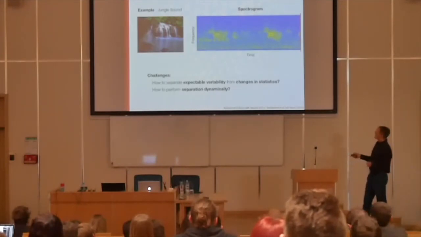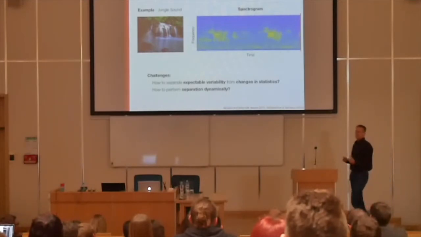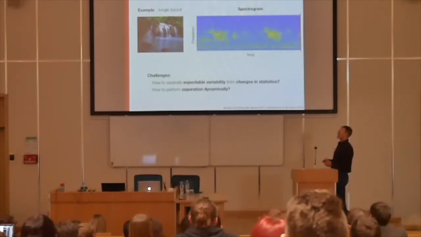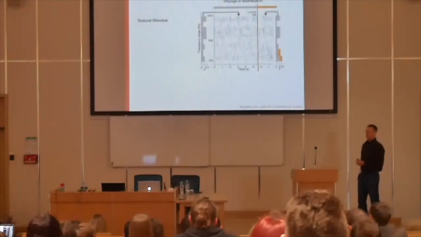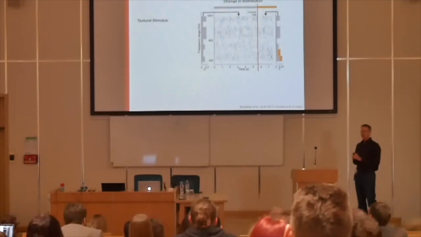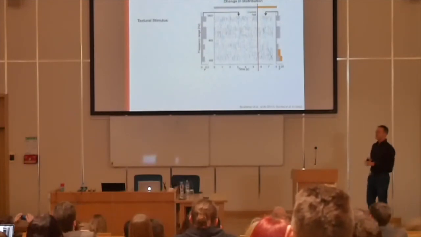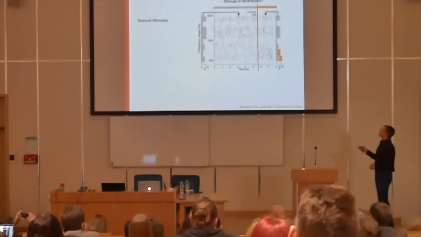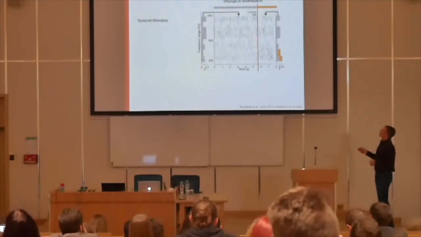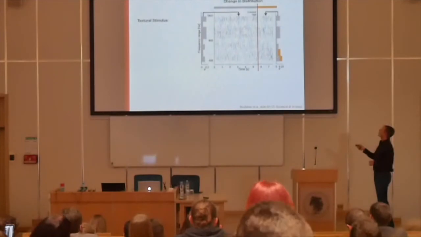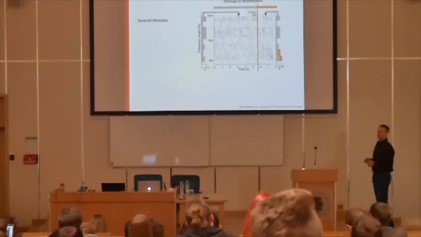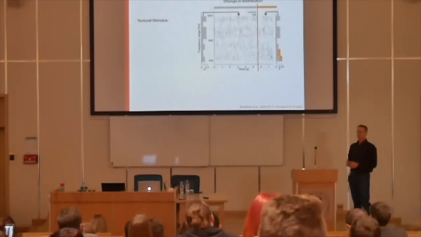So there's some important work from McDermott and Simoncelli on this, who already came up with a kind of processing cascade to model this. So we tried to study this in the lab, both to study how you can model it, but also where it really occurs in the brain, by using a simplified version of a texture. The texture is essentially just defined by its marginal statistics, and these are little tone pips. And at a random point in time, there is a change that occurs in the stimulus.